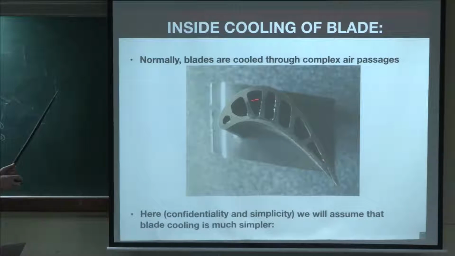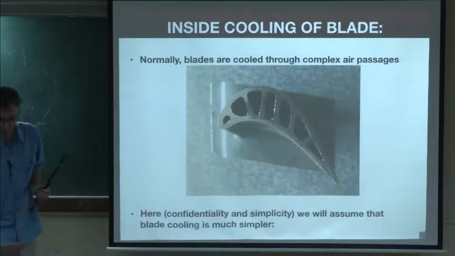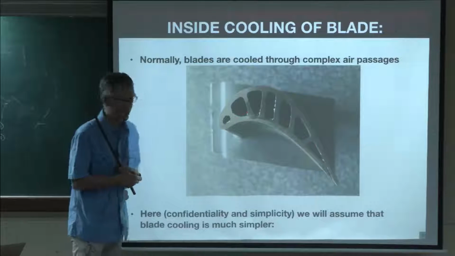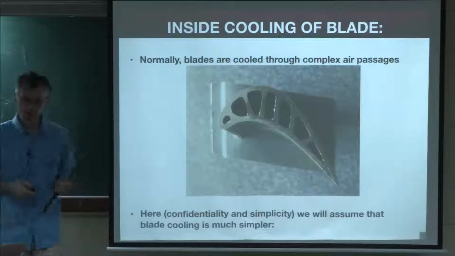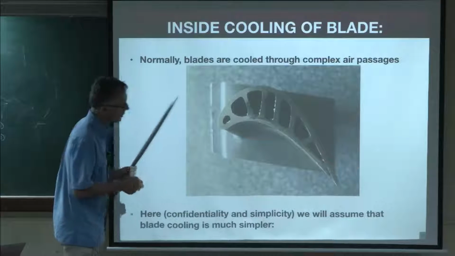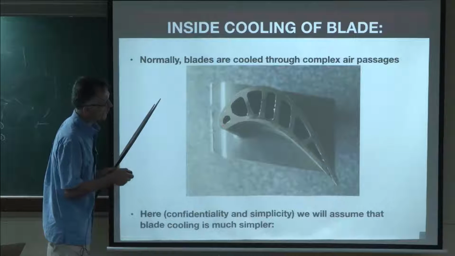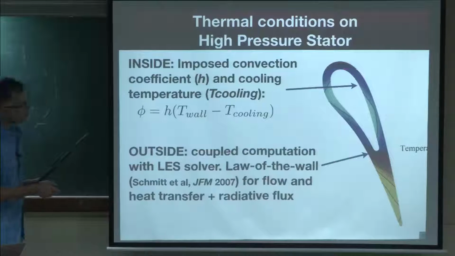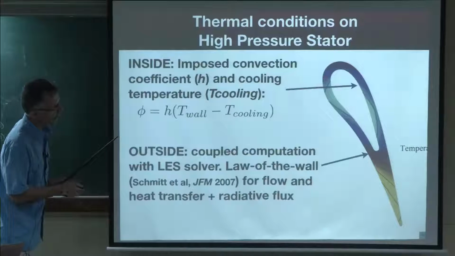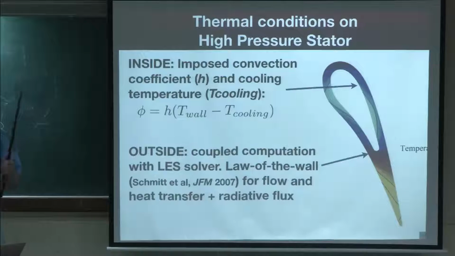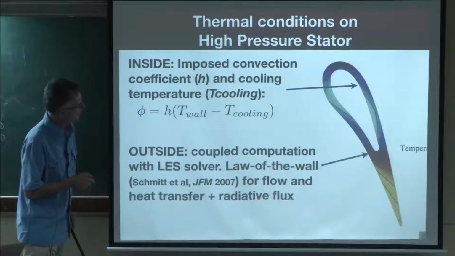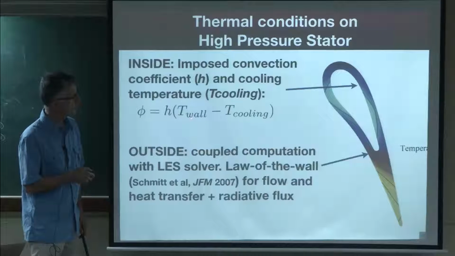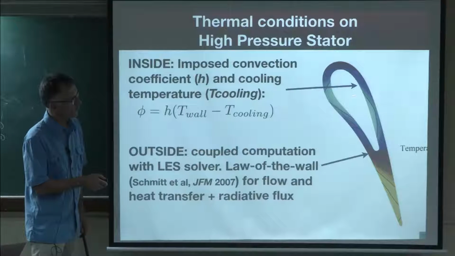The blade we're using is normally like this one. We were not able to have the inside geometry. That's confidential information. So we replaced this geometry by a very simple heat transfer coefficient on the walls here. We said, okay, we don't know the inside. Let's just assume that we have some hot air here, and because it's cooled by air, we can determine the heat transfer coefficient on the wall, and we're going to write inside the blade that the flux here is the heat transfer coefficient multiplied by the temperature of the wall minus the temperature of the cooling air.